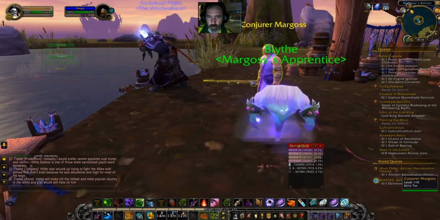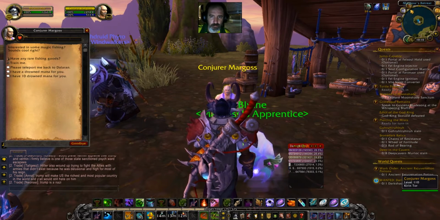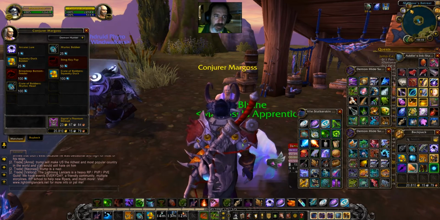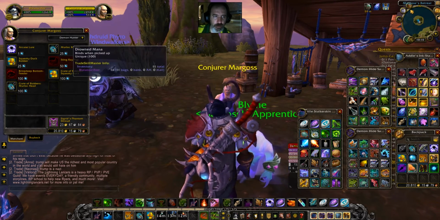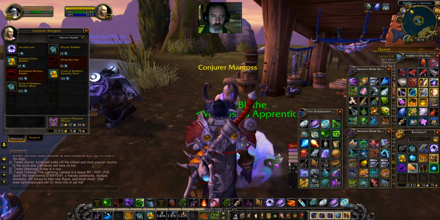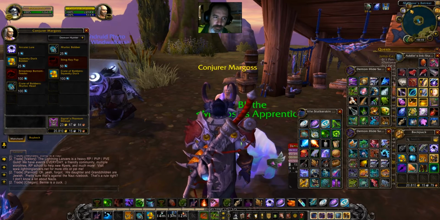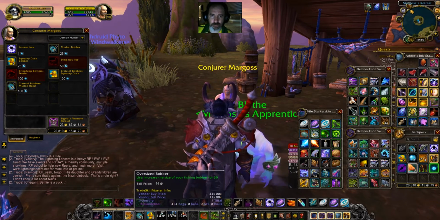And now for the two that take a little bit of work. This is Conjurer Margoss. And he has a Squeaky Ducky bobber and the Murloc bobber, and the crates of them. To buy these you have to be friends with him, which means you have to...